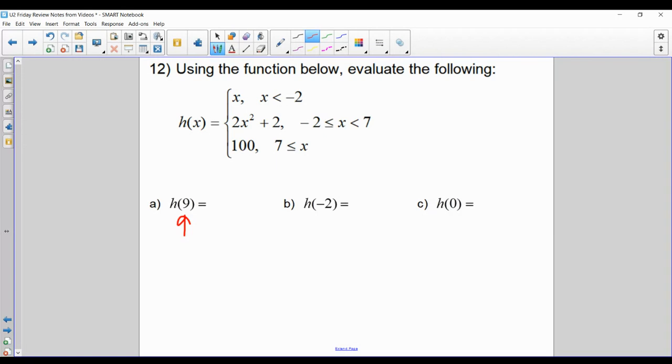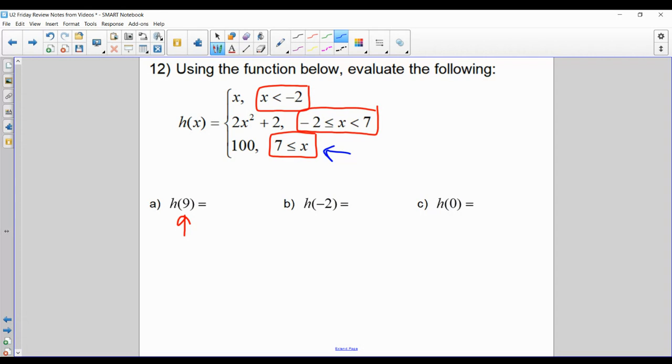So I'm looking at each of these. Here's the domain restriction for the first part, the domain restriction for the second part, and the domain restriction for the third part. So you can see that when I look at those three things, 9 falls into this third